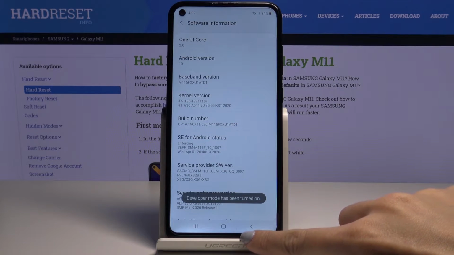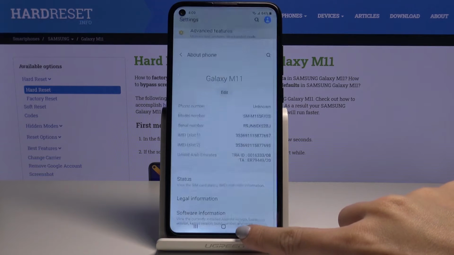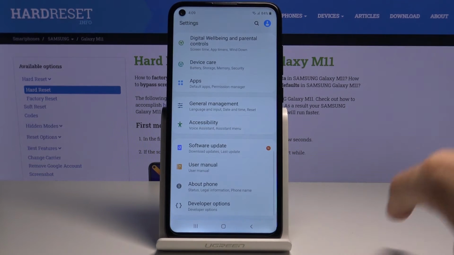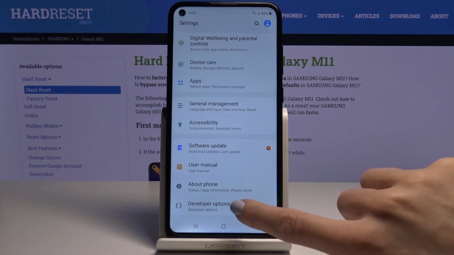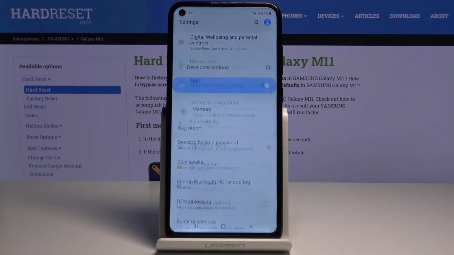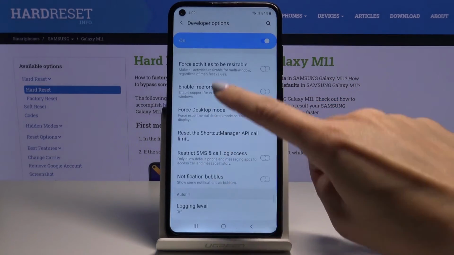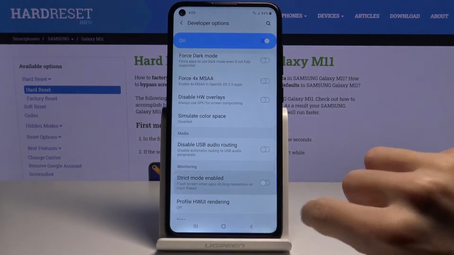As you can see, developer mode has been turned on, so we can go back, and now we can smoothly find it at the bottom of the settings list right here. So the icon appeared, you can smoothly open developer mode. Here you can use all the features, all the options, and whenever you would like to turn it off, click